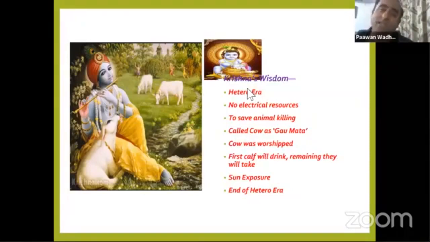But Krishna inside knew that these people would misbehave with the cows and make wrong use of them. So he labeled the cow as being a mother. He told that this cow is a mother, she should be worshipped, and the calf should first be allowed to drink the mother's milk, and whatever small milk remains, you take that milk after worshipping the cow. But contrary to that, what happened in